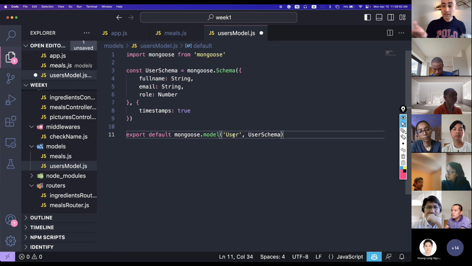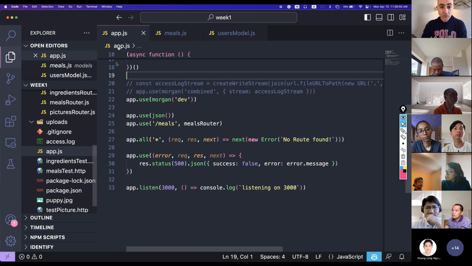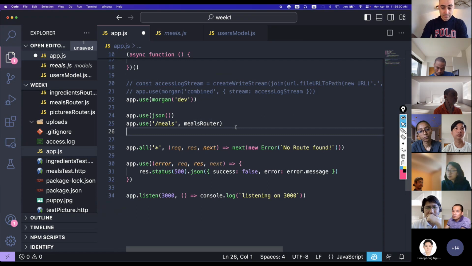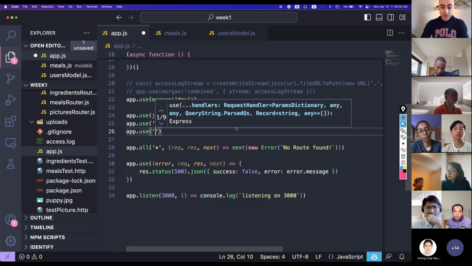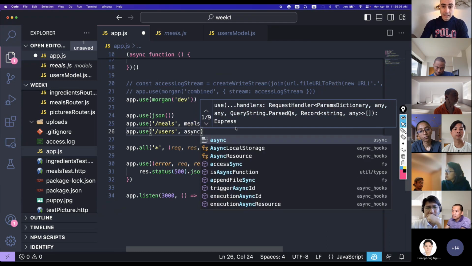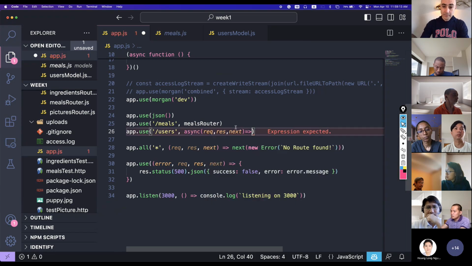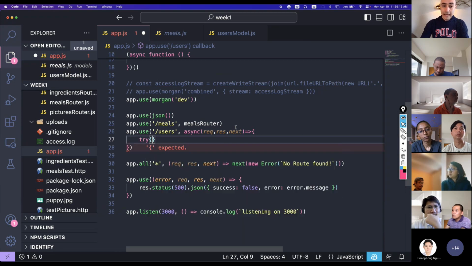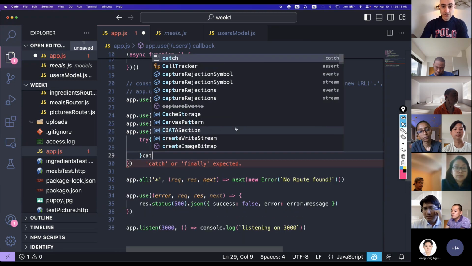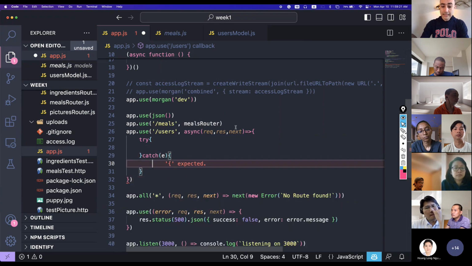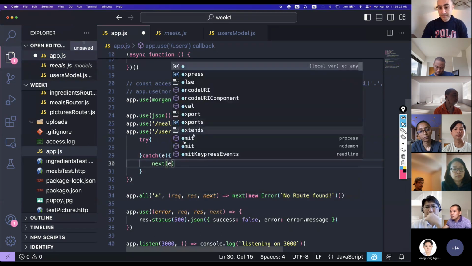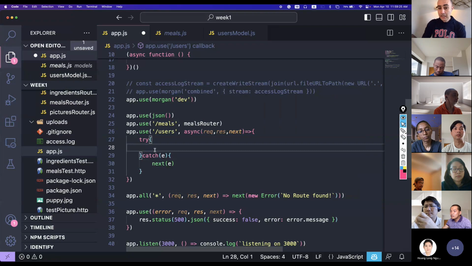Let's use this to create some user. So I'm gonna here create a hard-coded route called /users. And here I can say async request, response, next. Don't forget try and catch. And inside catch, I can call next. Now, how do I